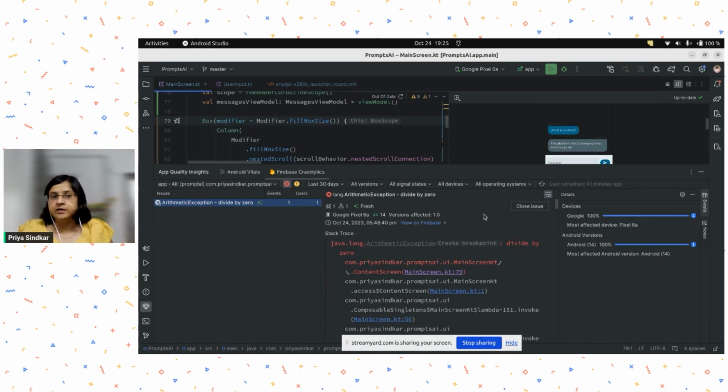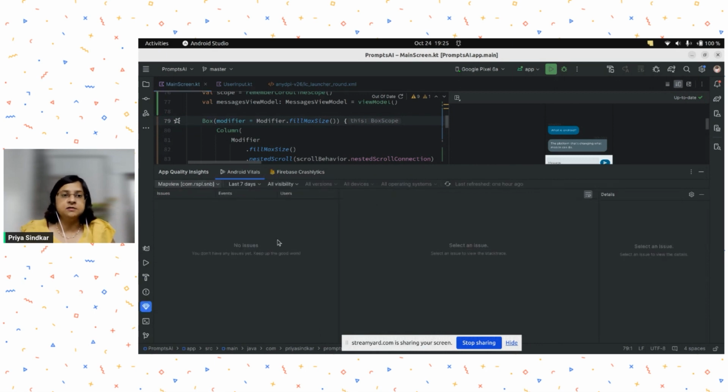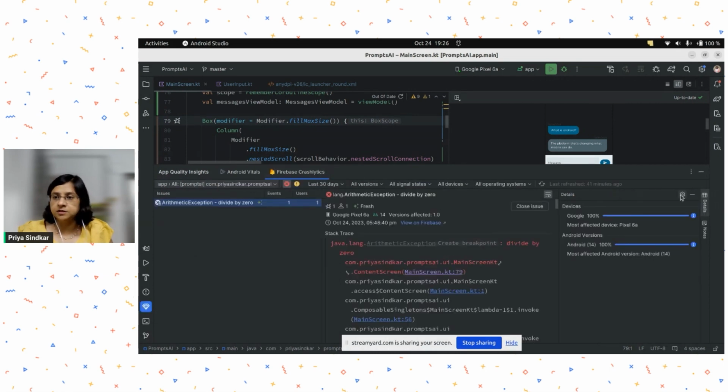So this was already there in Electric Eel, but what's new in Hedgehog is Android Vitals, where as you can see these are the projects which I have on my GitHub right now. So it's not showing anything because it's not linked with that. But you can see all the Android Vitals that are new again on Play Console, and you can filter all the issues that come up in Play Console directly inside Android Studio, using all these filters. And I just wish I could show you my device, but